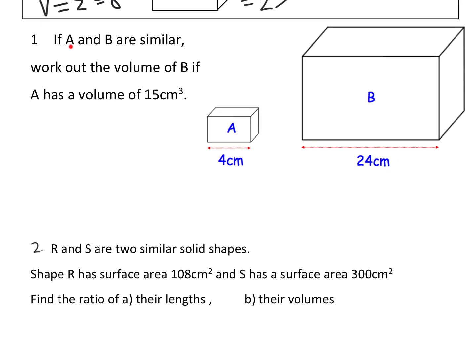We're told here that A and B are similar. Work out the volume of B if A has a volume of 15. The volume of B, we'd need to get the volume of A and multiply it by the volume scale factor. We don't know the volume scale factor, but we can see that A has a length of 4, B has a length of 24. So the length scale factor is 24 divided by 4,